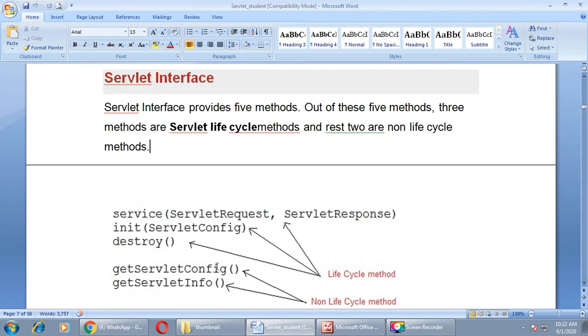Out of these 5 methods, as I told you, the first 3, service, init and destroy, are a part of the life cycle of a servlet, whereas the remaining 2, getServletConfig and getServletInfo, are non-life cycle methods of servlets.